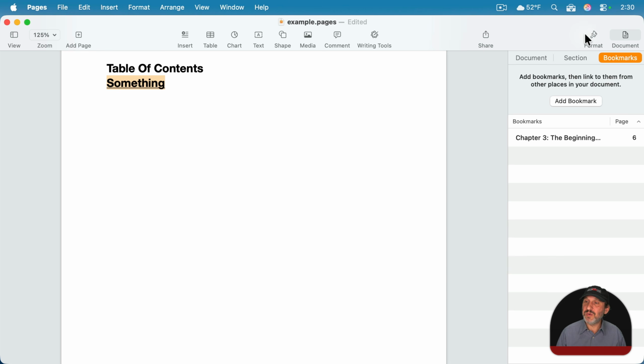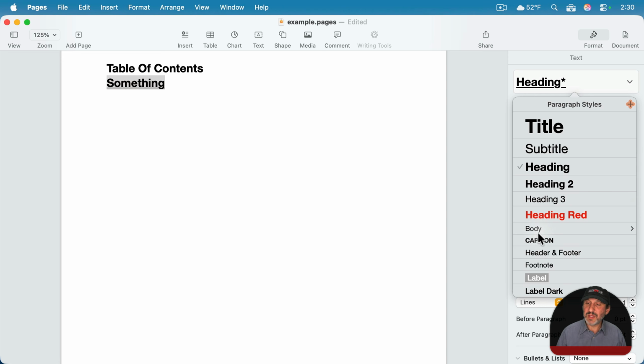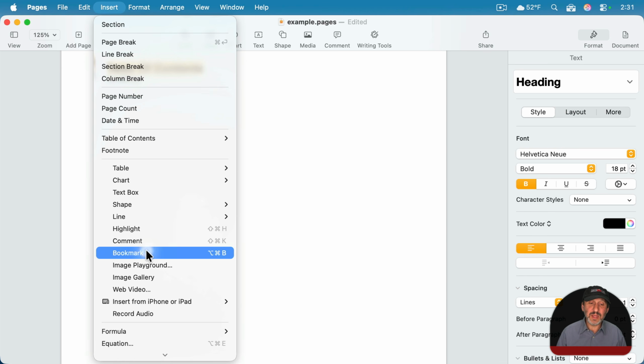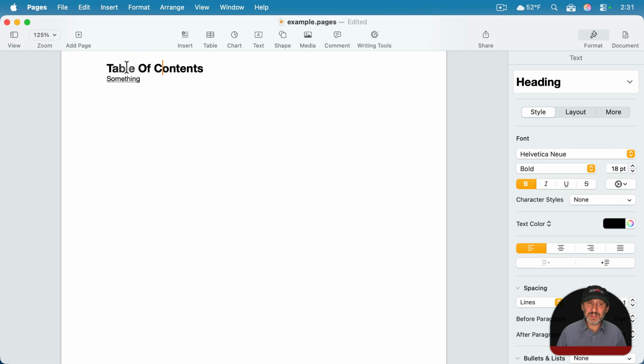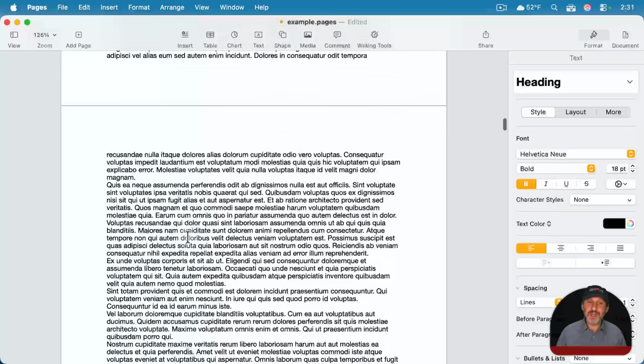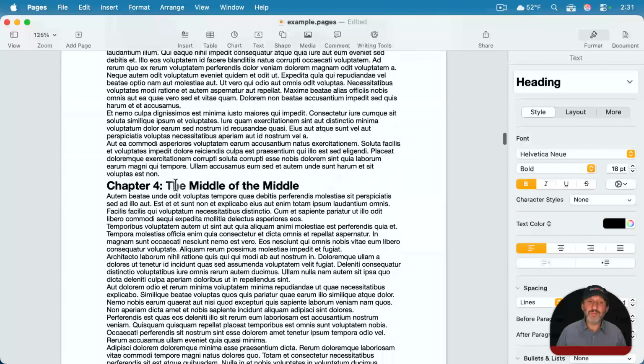Let's change this to a different format here, like just regular body text. But I'm going to actually create a bookmark here. I'm just going to do Insert and then Bookmark to make this a bookmark. Now, at the end of this section here, if I want to have a way for the reader to be